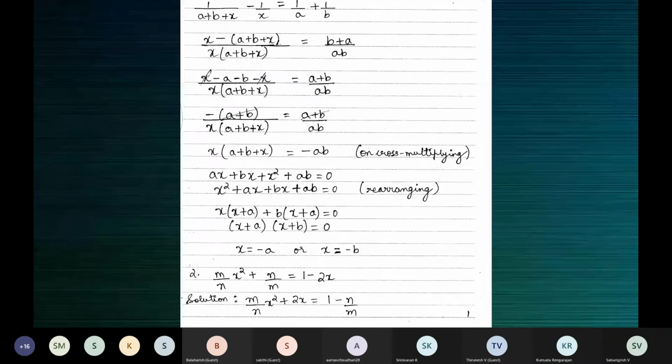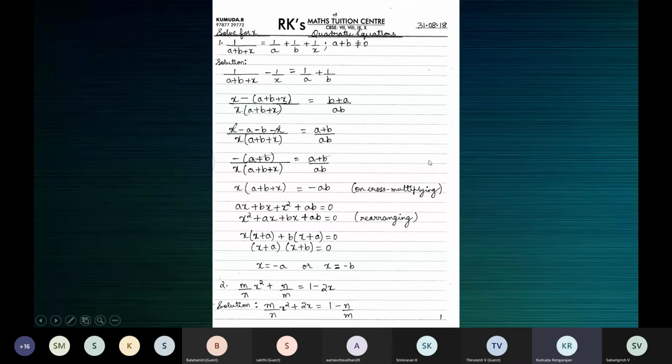Please write down. Tell yourself the procedure like this. We gather the x terms, common denominator. Then the numerators on both the sides are the same. So we take a minus and write this as a plus b and cancel out the numerators. When you do this, you're simplifying the equation. Things become easier for you. So on cancelling a plus b, we have only 1 in the numerator, 1 and 1 here. So cross multiply, open the bracket, and bring everything to one side.